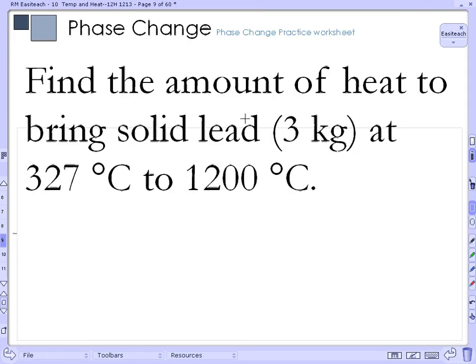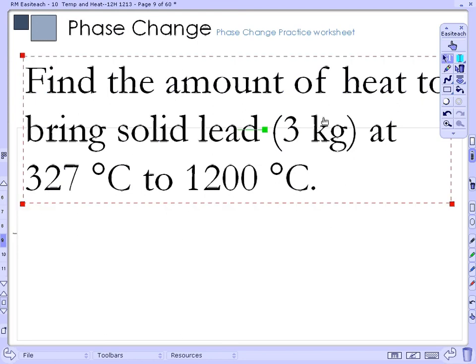So this is a classic phase change problem, asking you the amount of heat to bring solid lead at this temperature to this temperature. This happens to be number 3 from the phase change practice that was assigned. I recommend pausing it right now and trying to do this problem. I'm going to go through this really quickly